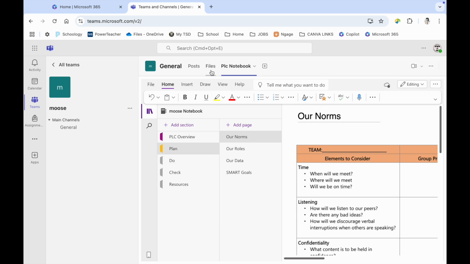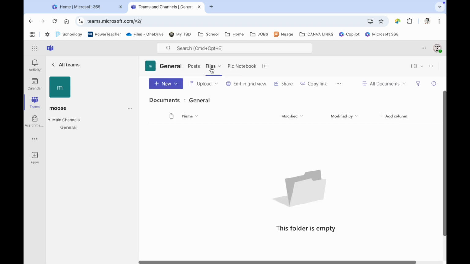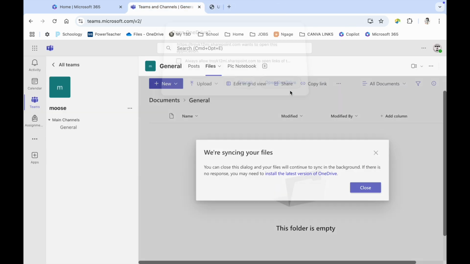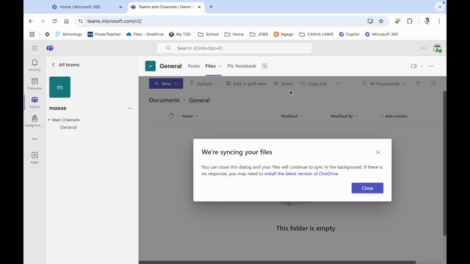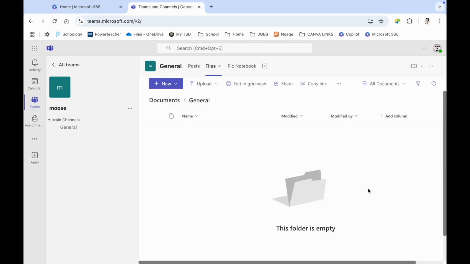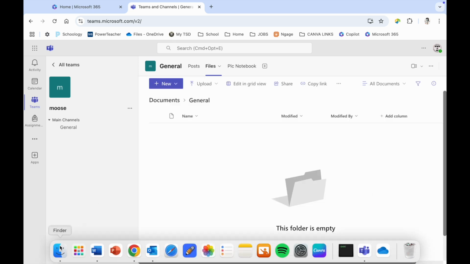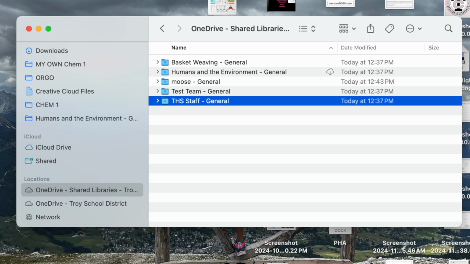The Files tab is one of the most important tabs. This is where you're going to have your shared files. And you might say, well, we already have a folder with our shared files and we already use that. But what this does that's a little bit interesting is you can go to the Files tab, click these three dots, and from there you can sync these files with your MacBook. So it will sync your files, and that way on your MacBook, when you go to the Finder, you can see